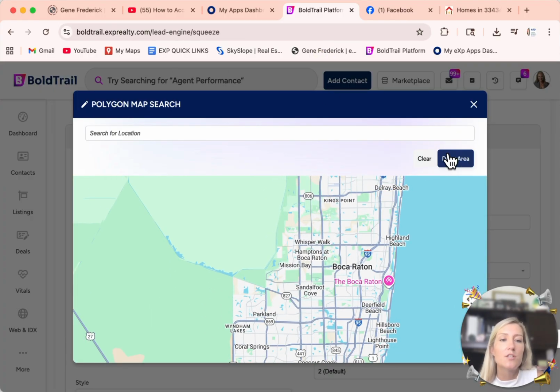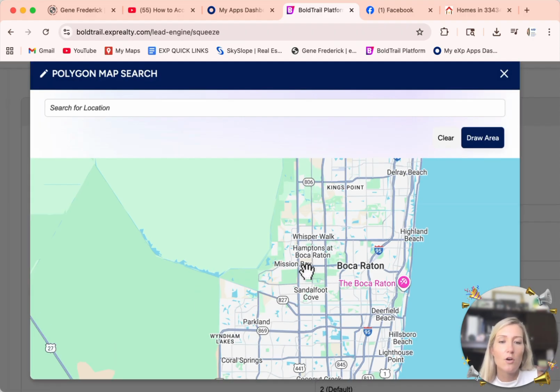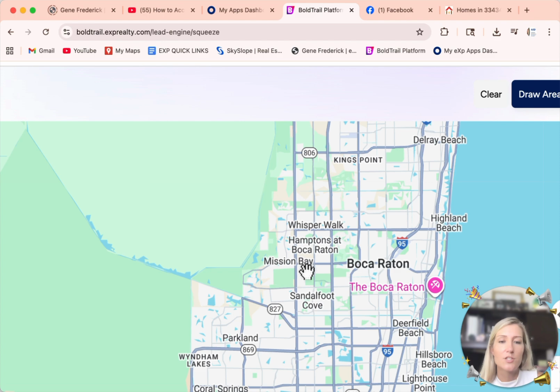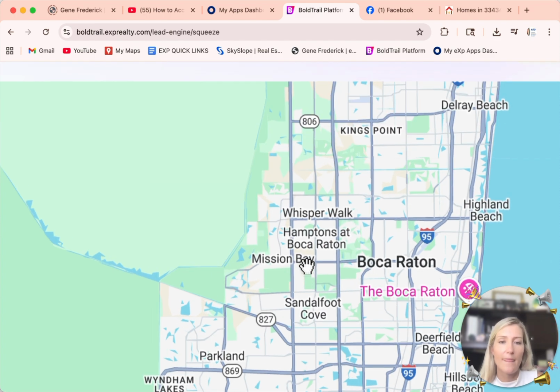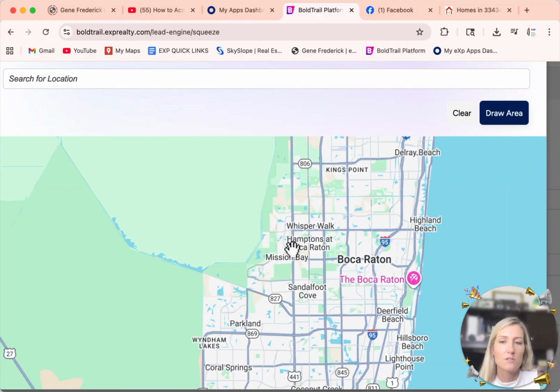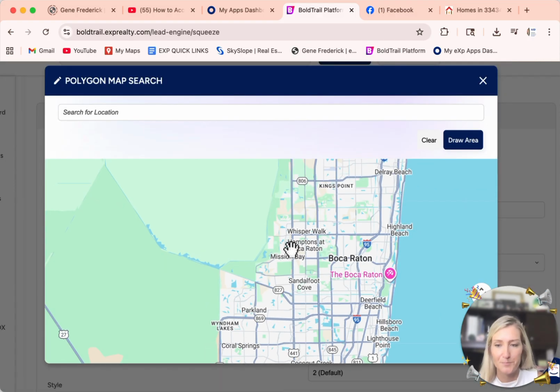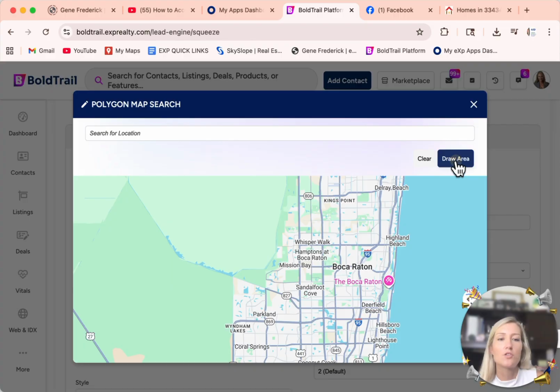There's Boca. So I could actually zoom in over and over again until I get to a specific neighborhood and I can draw on that map. So I'm actually zooming into my entire page by accident. So you can draw a specific area and highlight it. This would obviously be a huge area, but then it would be this